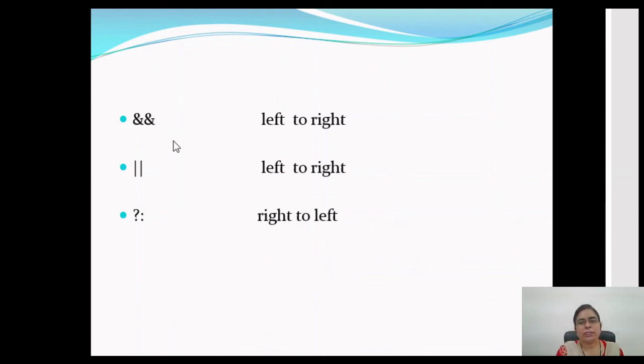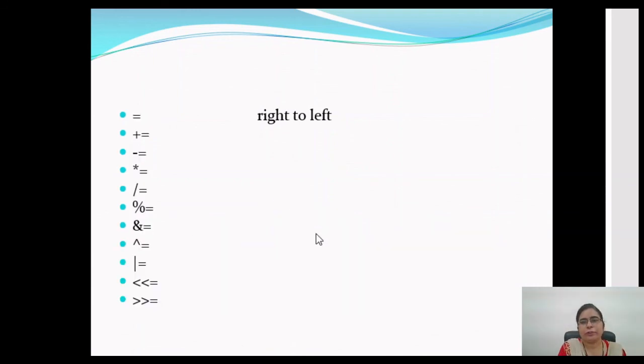Then we have the logical AND operator with left to right associativity, the logical OR operator with left to right associativity, and the ternary operator with right to left associativity.